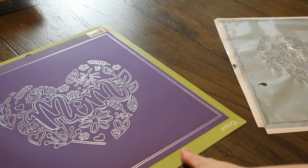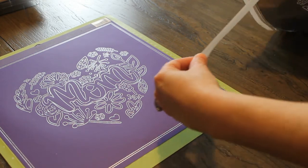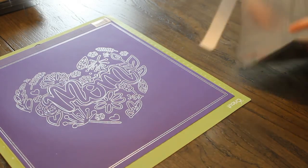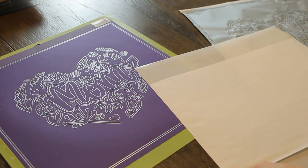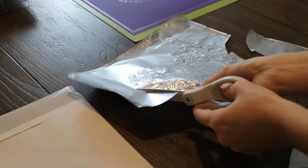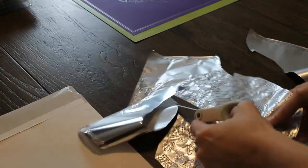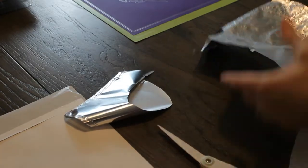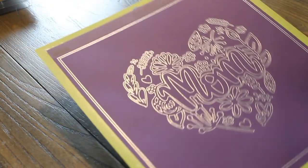Because a pack, I think that was $20. No, I don't think it was 20. I think it was like 15 or something. And this comes off nice and easy. I'm going to put this back on here. So I have some extra pieces that I can put away for another time. I'm going to bring this over. Oh my word. Look at that. Beautiful. So I'm going to take off